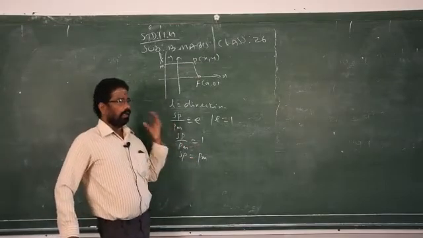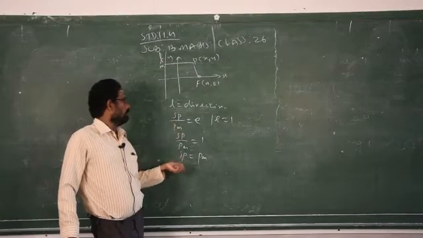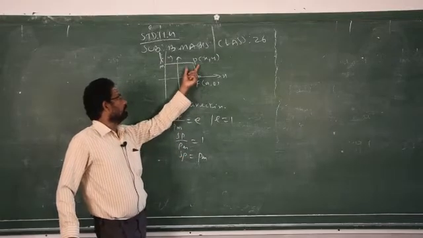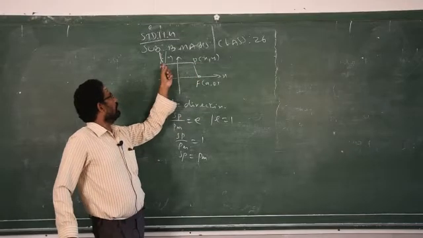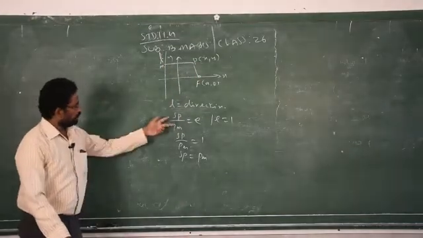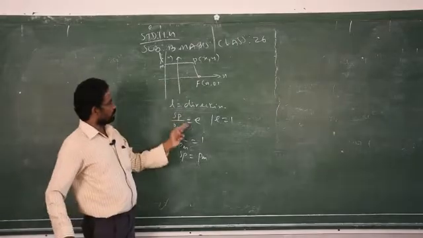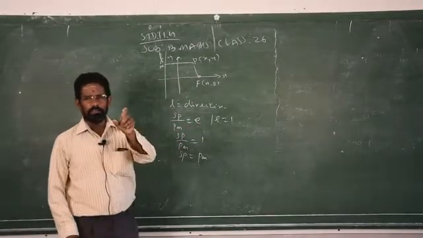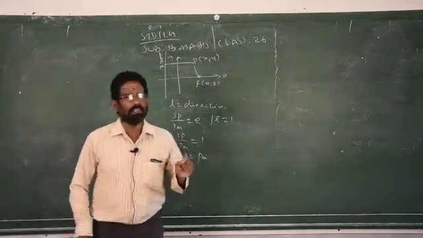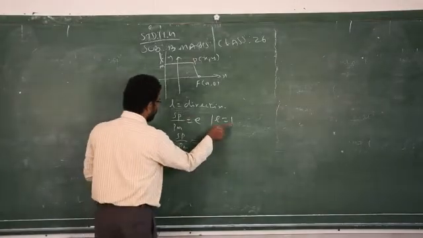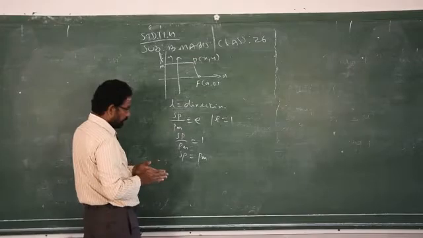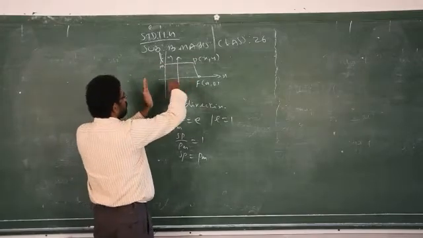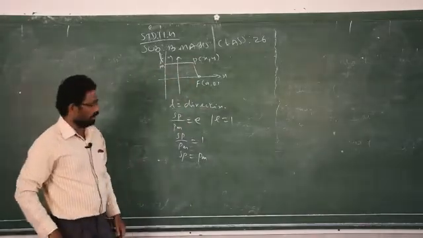So generally the locus of the point P with respect to F and the perpendicular line, the ratio of these two distances should always be equal to some constant. That constant we call as what? E, eccentricity. When eccentricity E becomes 1, when you divide these two distances, the answer is 1. Then this pathway, that is the locus of the point P, represents parabola.